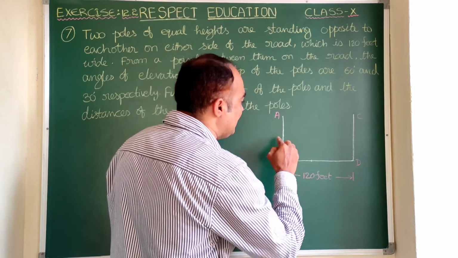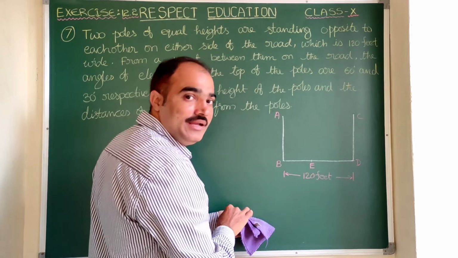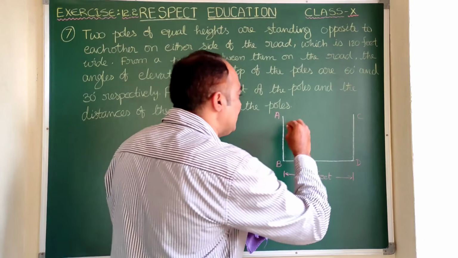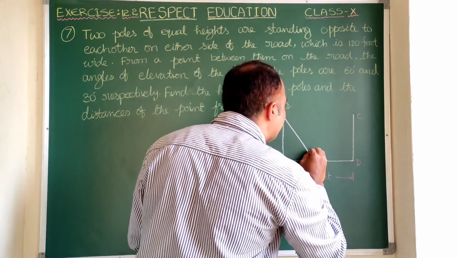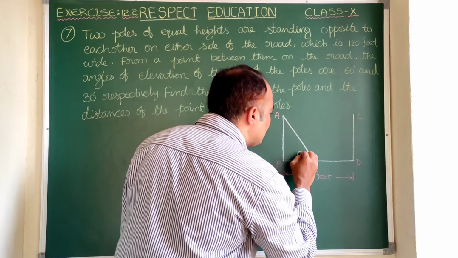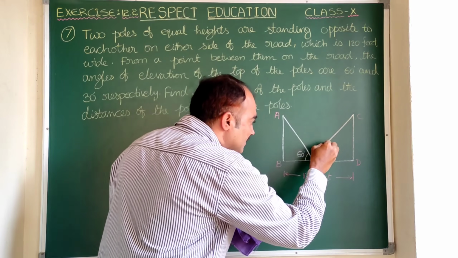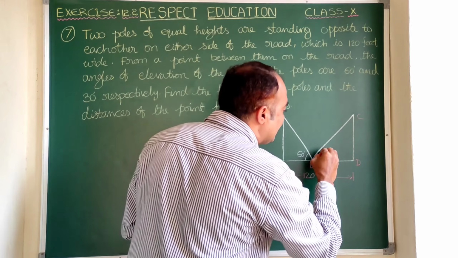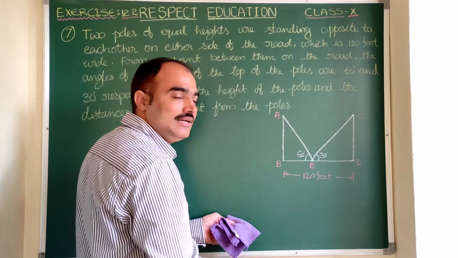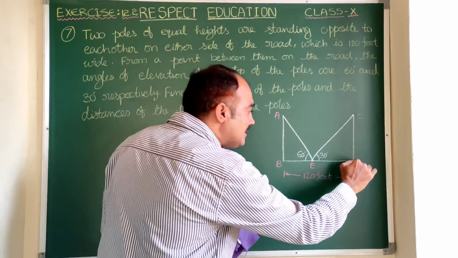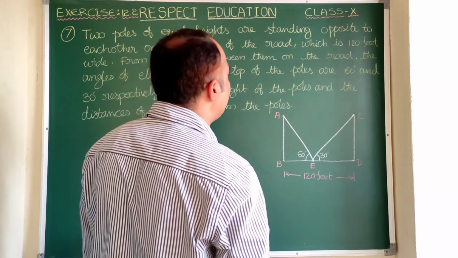Let us take this as ABCD over. Let us take this point as E. E should be closer to AB because it is making 60 degrees. So that should be closer. Whereas from this point, angle C is 30 degrees. Since it is the larger angle, the distance should be less. Since it is the smaller angle, the distance should be more from the pole CD. Now this is actually the rough diagram.